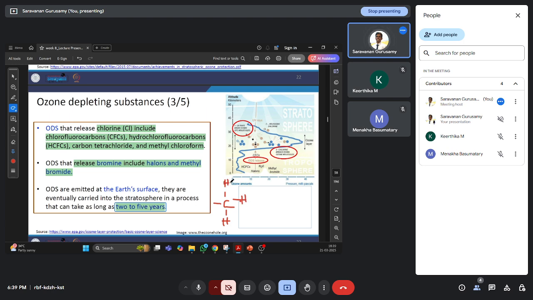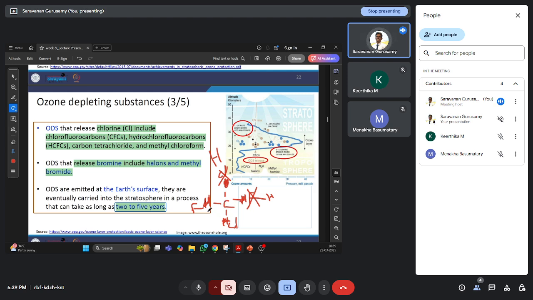Right? If 2 are chlorine and 2 are fluorine, then it is called dichlorodifluorocarbon. Then they replaced one with hydrogen to reduce the impact. That's called